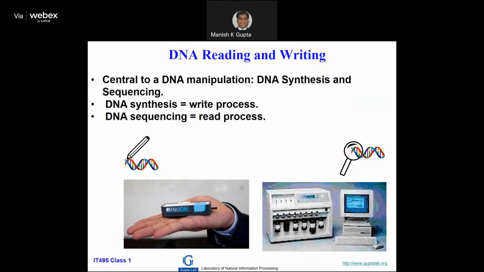Now, 2 machines are very important, and one of them is really a bottleneck right now. This is a pen drive level machine for reading DNA, already there in the market. If some DNA strands are there, you can read them using this machine. This is for reading, and the other one is for writing. When you want to write DNA, that is synthesis of DNA.